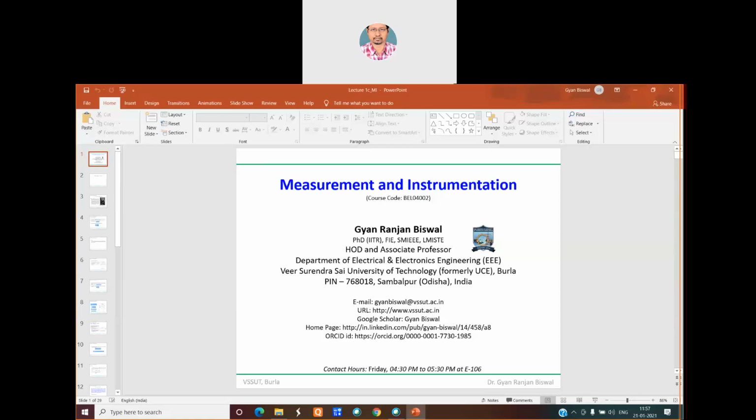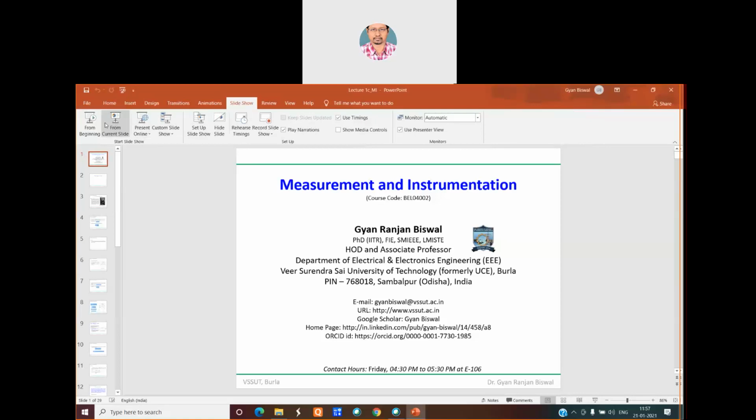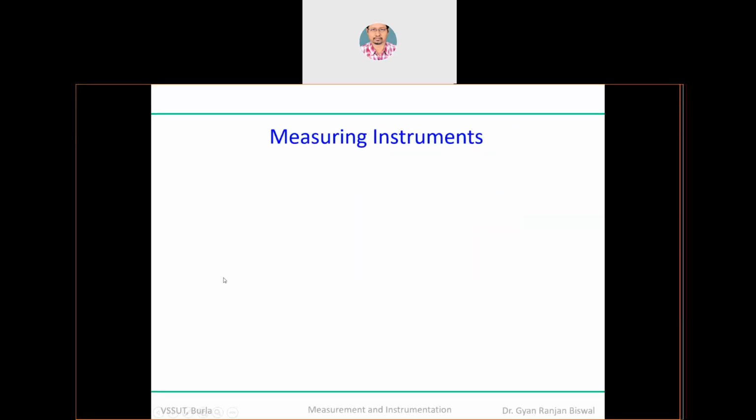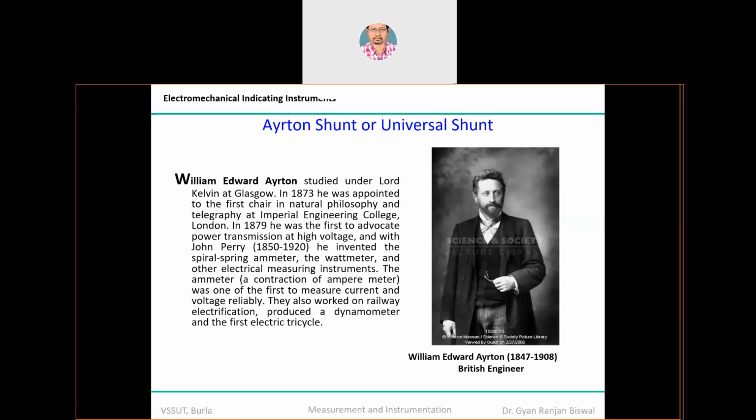PMMC can be overruled, as I said. That means the limitation can be removed without compromising the quality of the instrument. What is the quality? It gives very accurate results because the response, that is the deflection, angular displacement theta, is directly proportional to the variation in current. That was the best advantage of that particular instrument.